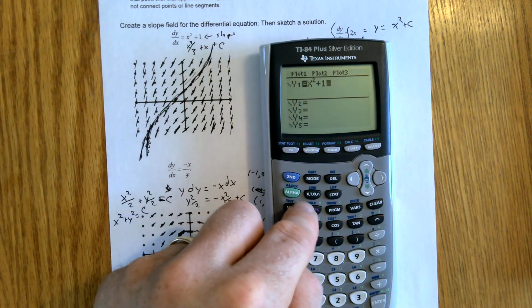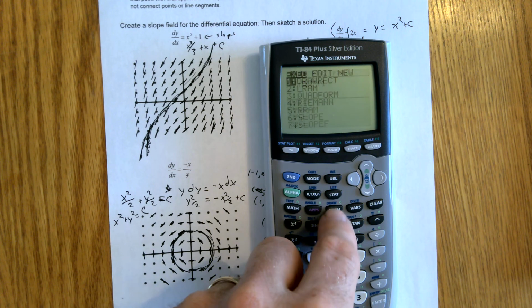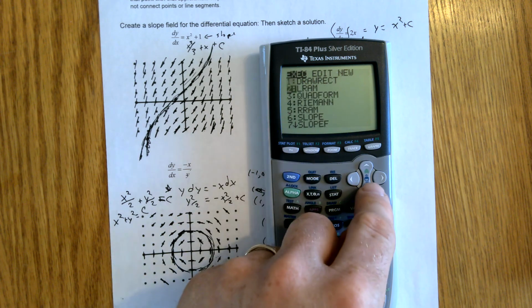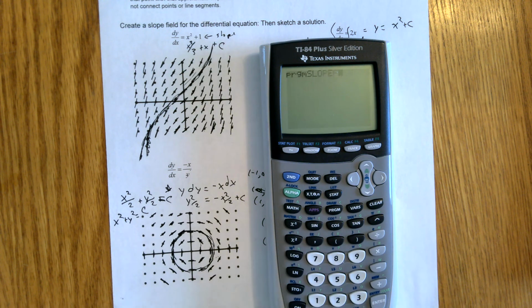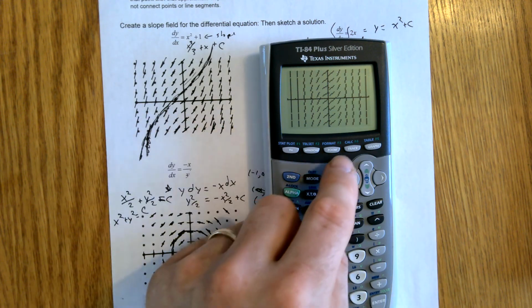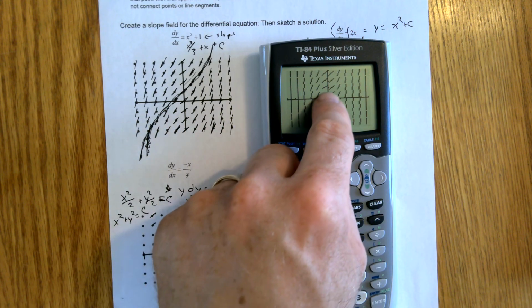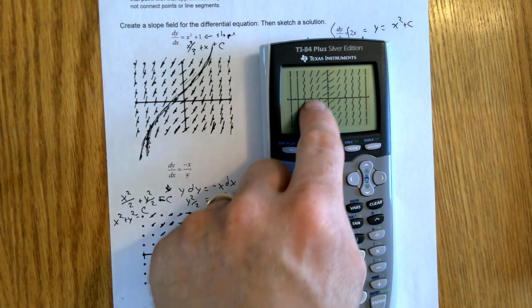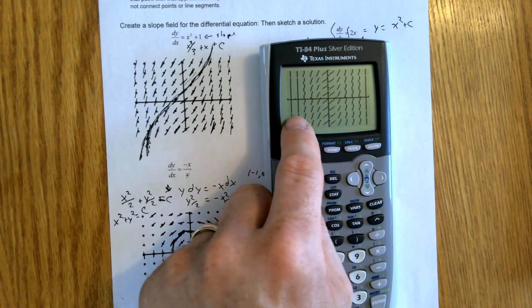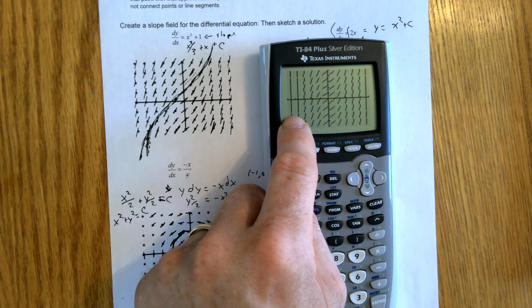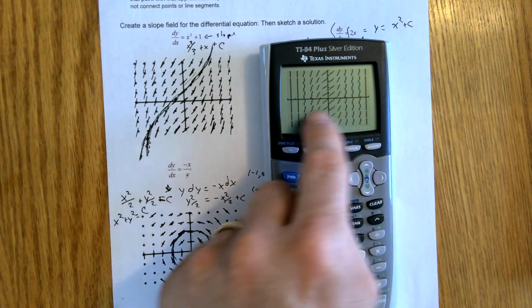And then to get the slope field, we go to program, and we can do either 6 or 7. 6 is a little slower than 7, but they will both work. So you just run your program, hit enter there, and notice here is our slope field. And that should look, again, very similar to what we have here. So notice we come up, then we're coming out and coming in. So that gives you an idea of what it looks like. Notice out here, it doesn't differentiate between the slopes at 4 and 5, because they are just too close